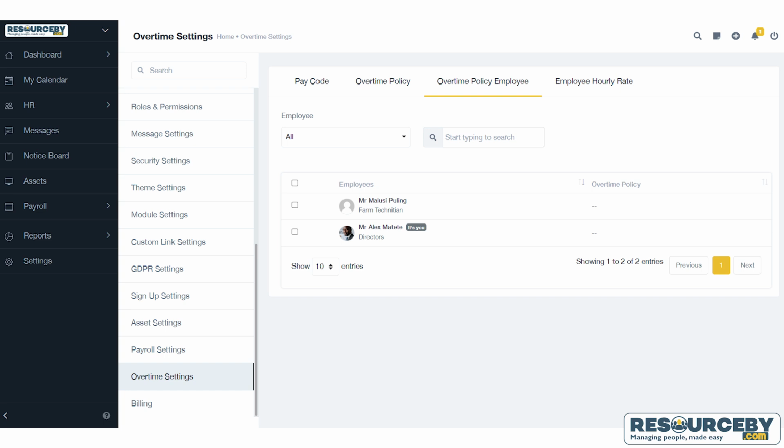Each employee has their assigned overtime policy displayed in the Overtime Policy column. To assign a policy to an employee, you would select the checkbox next to their name and choose the appropriate policy from a dropdown. The bottom of the screen shows pagination controls and indicates showing 1 to 2 of 2 entries. The fourth and final tab is